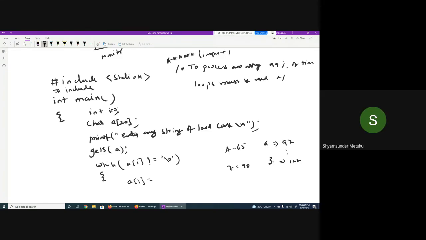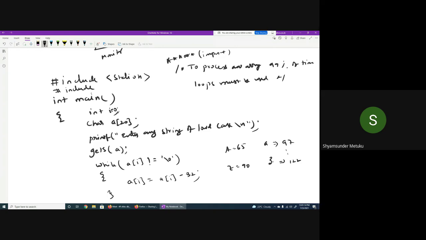So if small a is 97, how much do you need to make it? 65, isn't it? Yes, sir. So how much should I subtract from 97? 32. So can I write a of i is equal to a of i minus 32? Is it okay? Yes, sir. Then simply close the bracket. Then i plus plus, right?